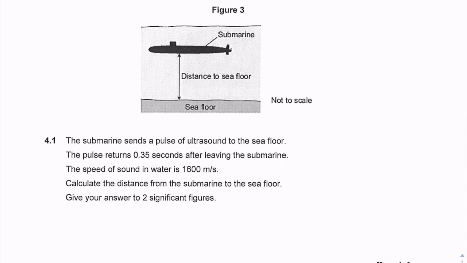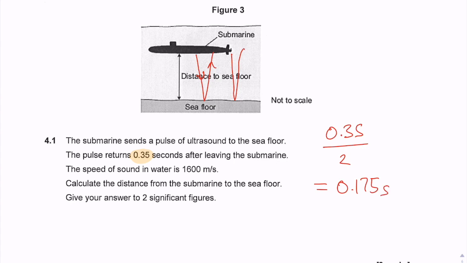Lots of people did really well here. There's 2 ways you could have done this. I'm going to show you the easiest way. Well, you know that the pulse had to travel all the way down and then reflect off the sea floor and go back up. The pulse returns 0.35 seconds after leaving the submarine. That's the time it took to go all the way down and all the way back up. So the easiest thing is to divide by 2 first, which gives you 0.35 divided by 2,